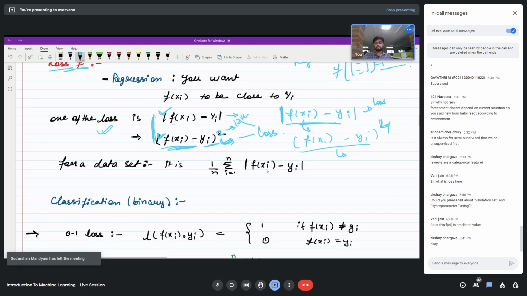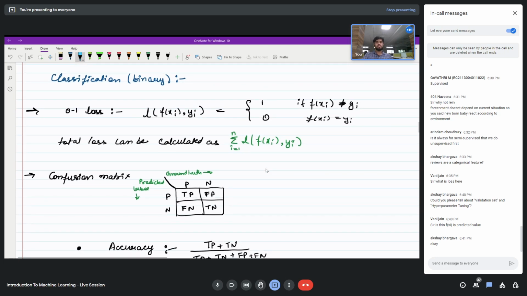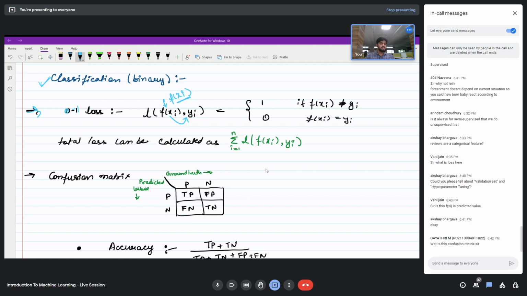So that's one thing. Now for classification, there is a list of loss functions that I wanted to cover. First is the 0, 1 loss function. What does this 0, 1 loss function say? If this is your predicted value, f of xi is what this machine learning algorithm is predicting. I'll come to the confusion matrix, I have not reached there yet. If f of xi is predicting exactly the actual label that was available, this yi is the actual label,